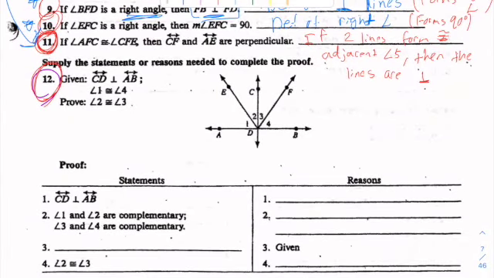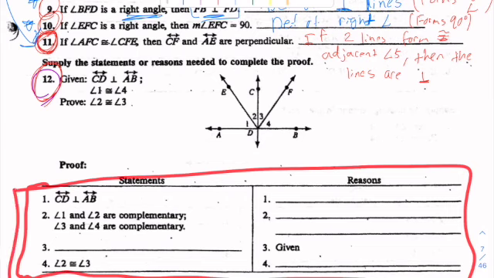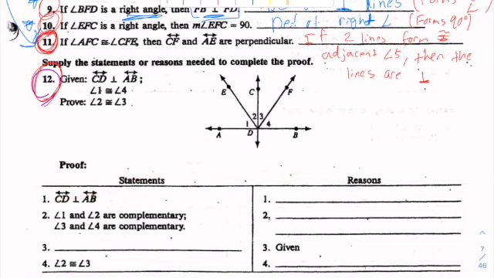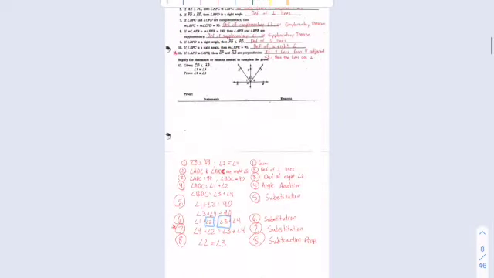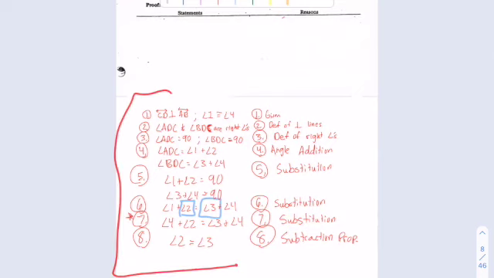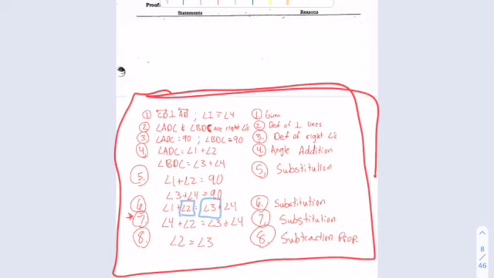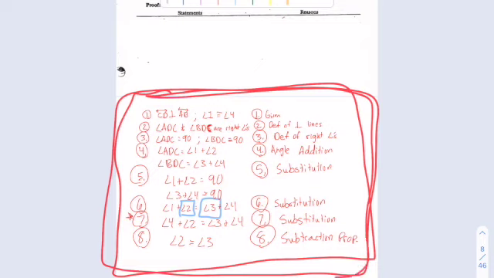Okay, so number 12. Okay, I'm going to do this proof. This is like the black market proof. Okay, so you guys don't have this. This is actually just a 4-step proof. But we're going to practice 2 ways. It can be an 8-step proof. Wow, look at that. It can be an 8-step proof, which is what you have on your Canvas,